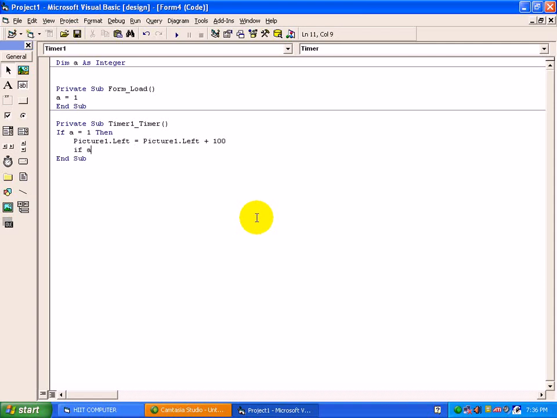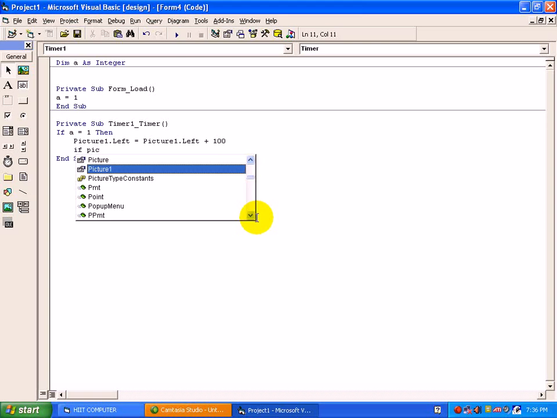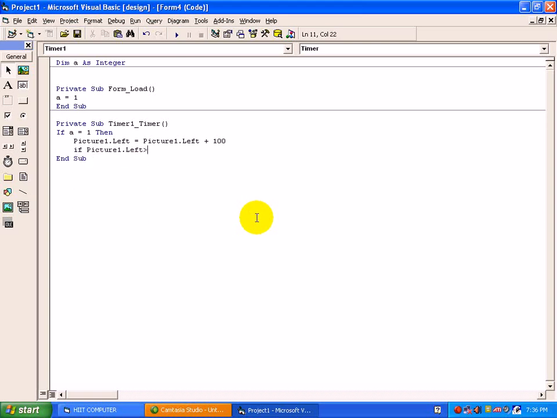But suppose if picture1.left is greater than or equal to 8000, when it reaches the 8000 position after adding 100 each second, then we have to change the value of a to 2. See, a nested if example is also covered here. And end if, fine.